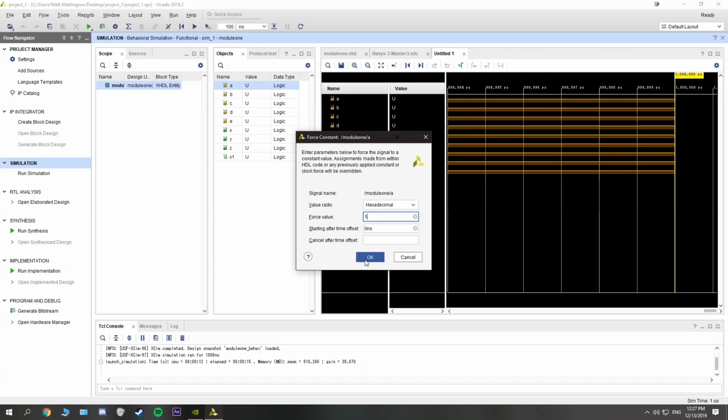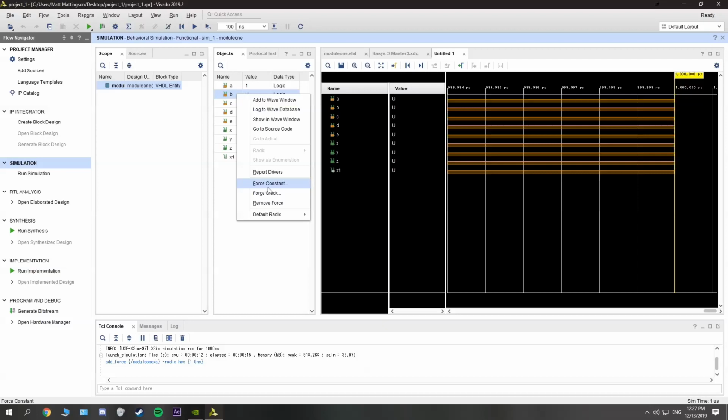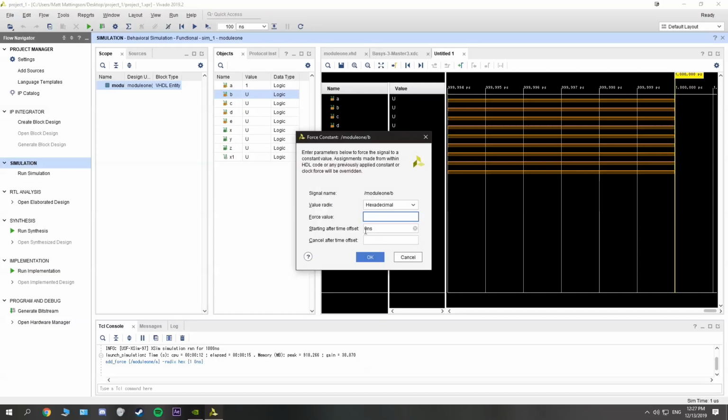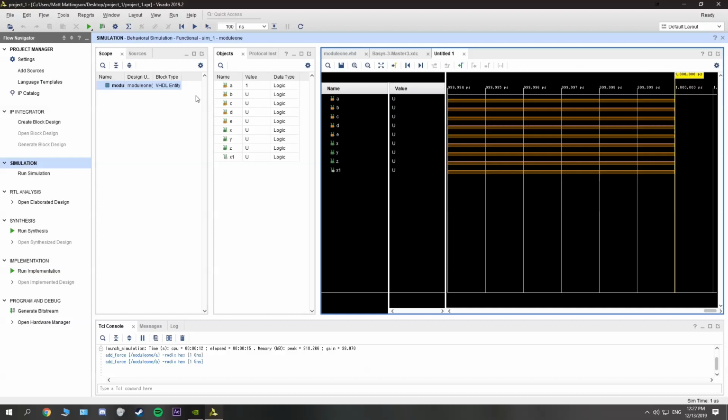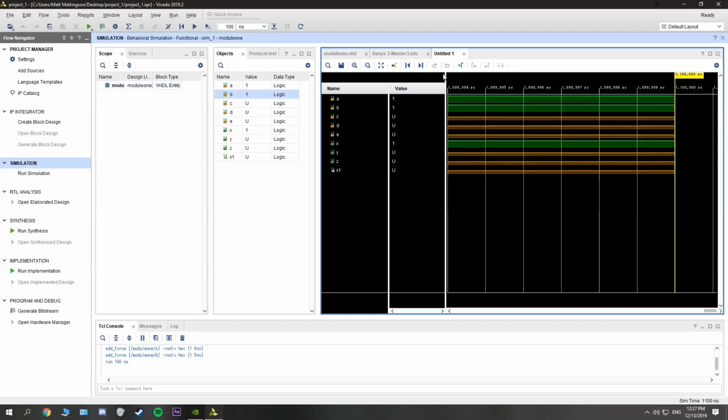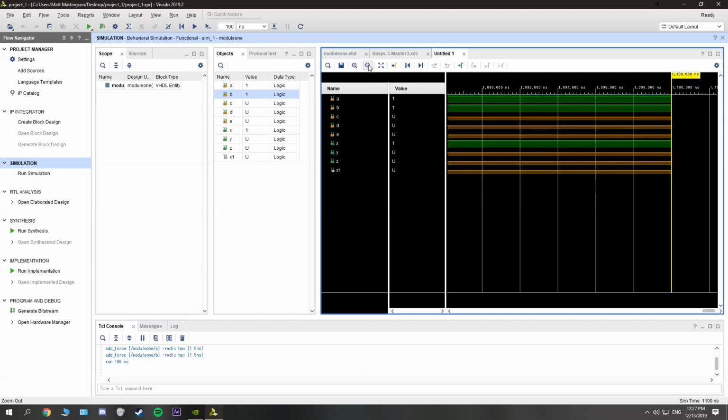For this case, we'll choose 1. And you can also choose when it activates, so let's just have this one activate 5 nanoseconds later, because why not? And then run simulation, and it always starts you zoomed in quite a bit, so let's just,